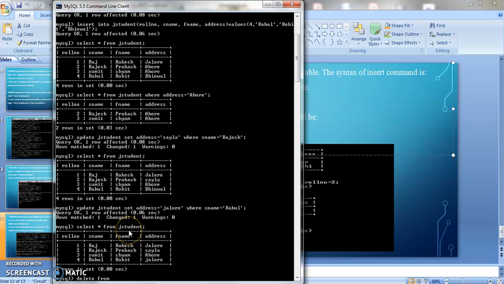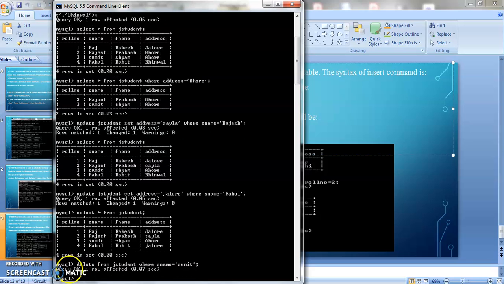Table name is again JStudent, where S name equals to Sumit, and then semicolon, then I press enter.